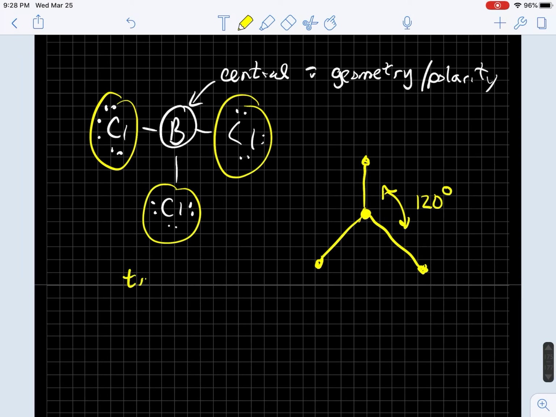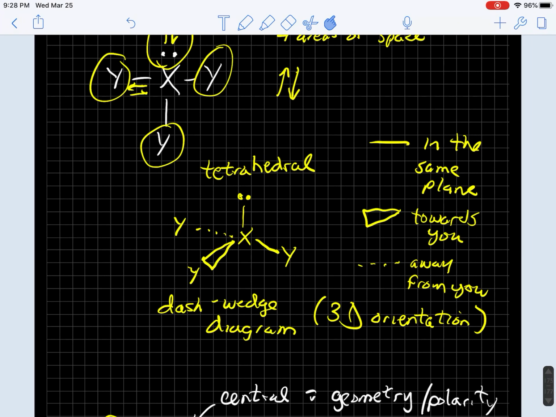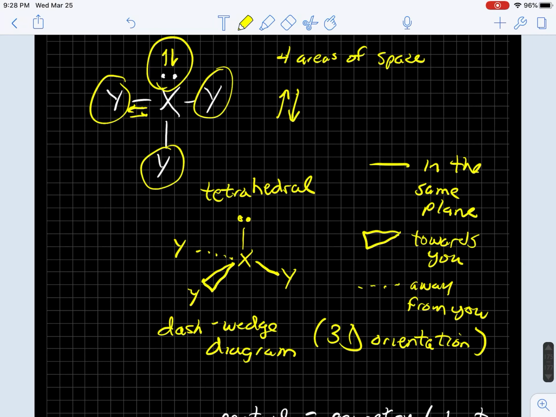And we call this the trigonal planar geometry. Whereas in the last one, if we spread things out into the four corners of a tetrahedron, instead of being 90 degrees apart, now they're 109 degrees. So that's better than 90, right? We spread things out. Electrons want to get away from each other, the electron pairs, so we spread them out as far as possible. And this concept of spreading things out